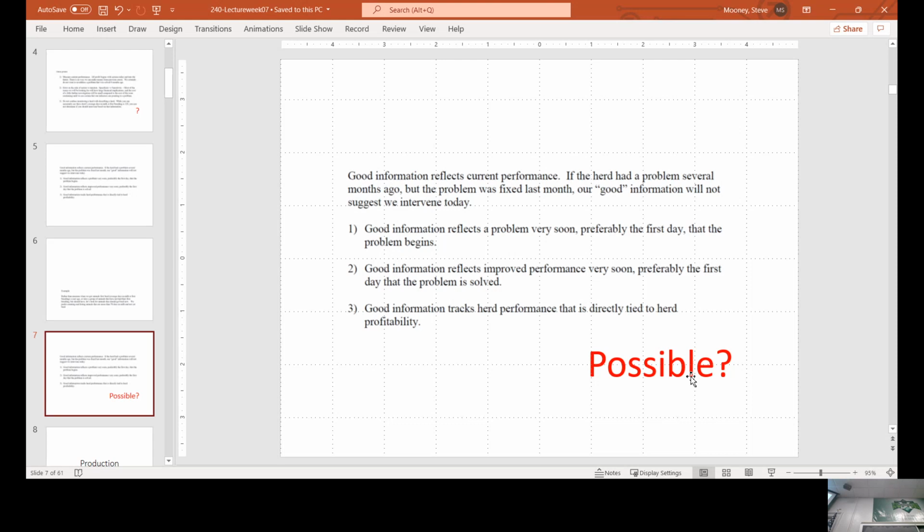The answer is no. You can't have perfect information immediately as it comes available, but you look at a lot of things that are presented, you're looking for trend lines. Are we going the right way or are we going the wrong way? Trying to focus on things in the short term, near term. How are we going? You can't know a problem, or at least most problems, until a little bit after. You're not going to know if you've improved things for a couple of days. But keep that in mind, what we're trying to achieve theoretically versus